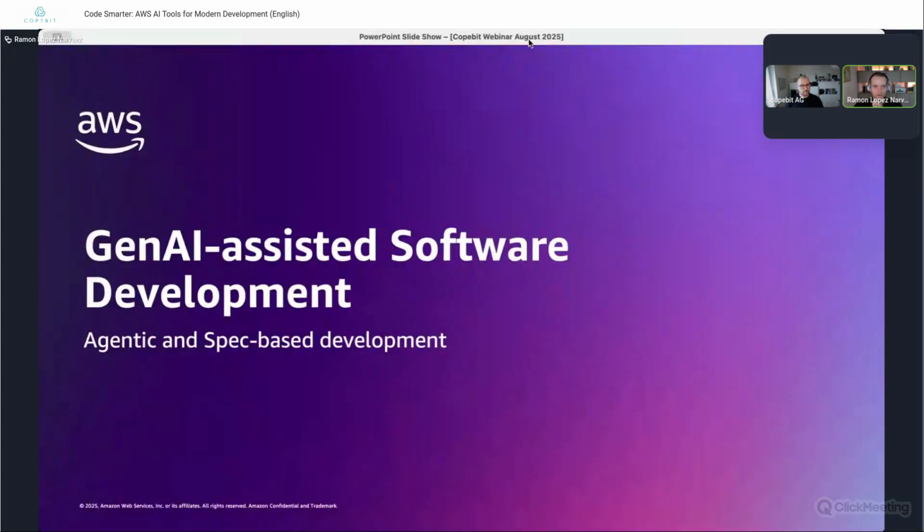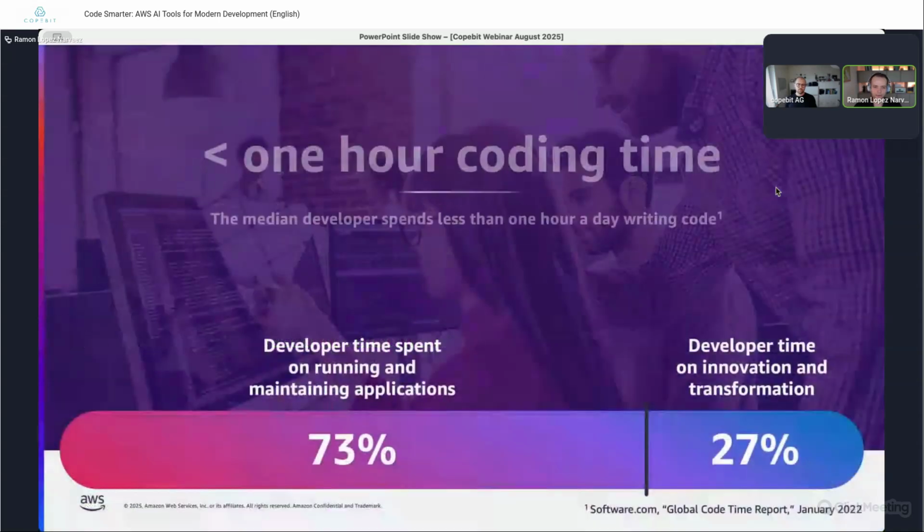So a quick intro about the topic today. The topic is, as Tobias said, GenAI-assisted software development, and I want to talk a little bit about our approach when it comes to these coding assistants and why it's not only about coding, right?